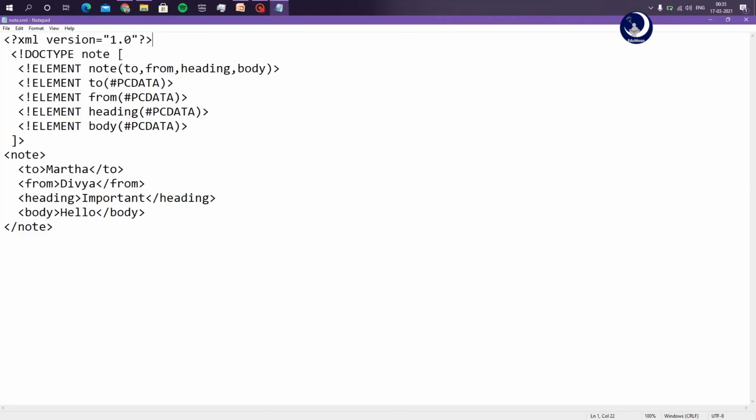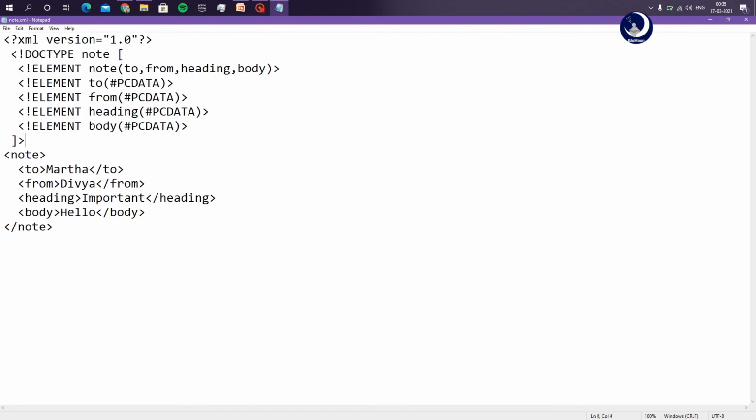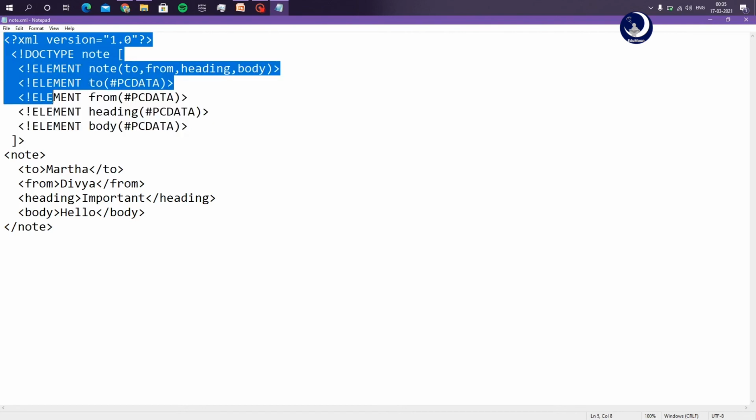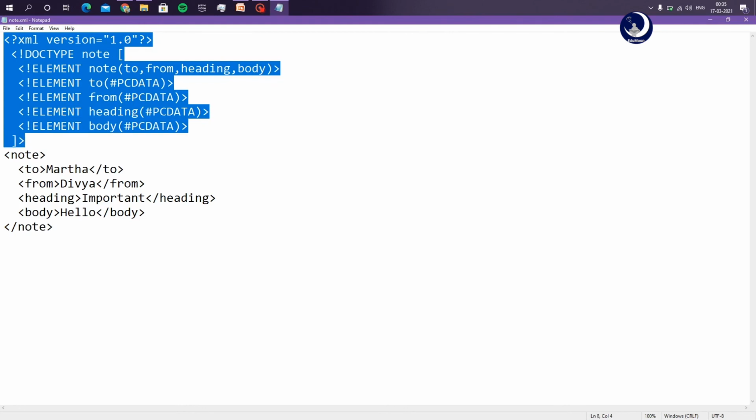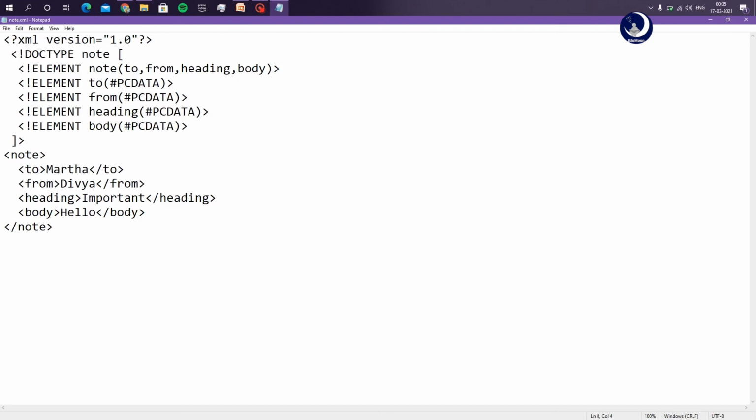This is the example where the first line is the XML declaration, that is, it specifies that this particular XML document is of version 1.0, and then the DTD declaration is done like this. These two, the XML declaration and the document type definition declaration, are said to be in the document prologue section. And the other content, which is a root element called note and its child elements, all come under the document element section.